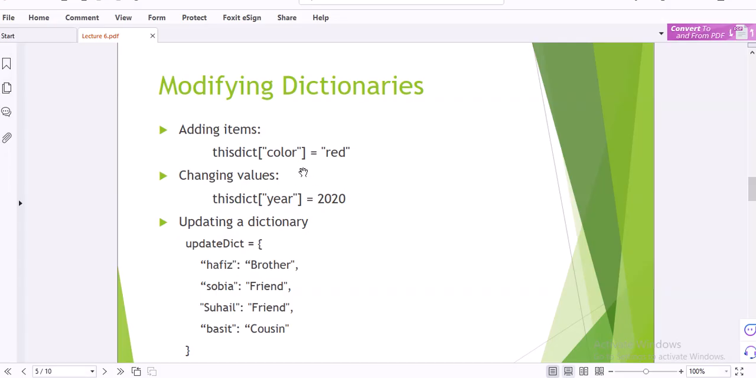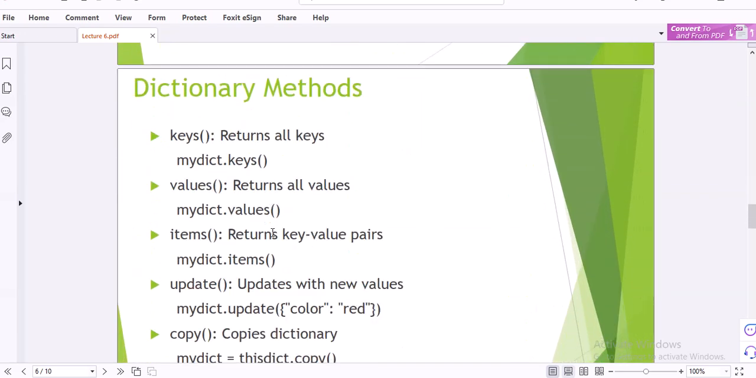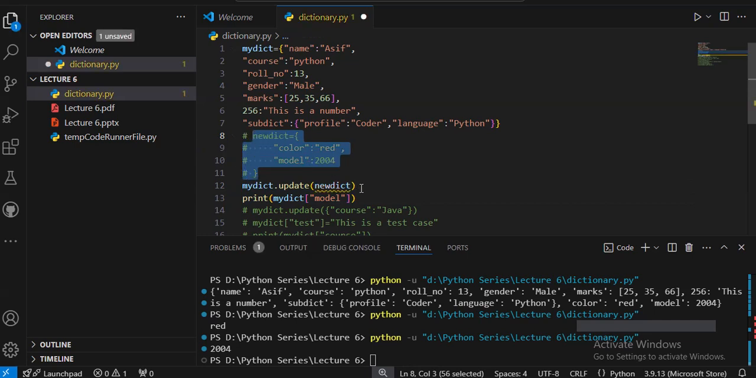So this was about how we can modify a dictionary. Firstly, I told you how to add it. Simply you have to enclose it in these square brackets, and how to update a dictionary. Now the dictionary has some methods. I told you that these are known as name, course, roll number, gender, marks, 256, subdict. These are known as keys, and these are known as values, just like Asif, Python 13, etc. These are all known as values. I will comment out this,